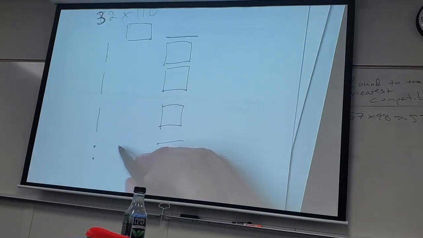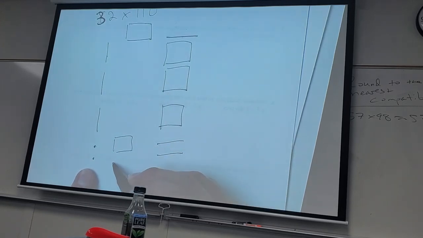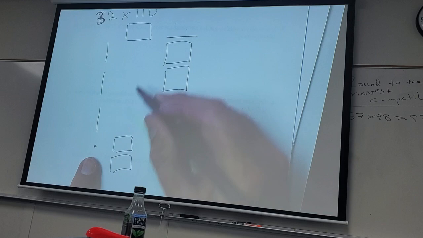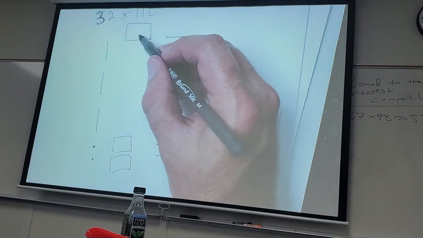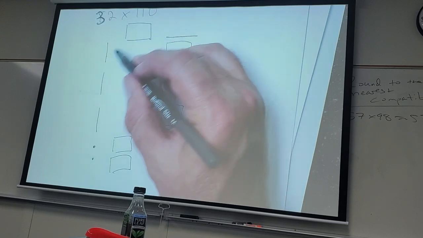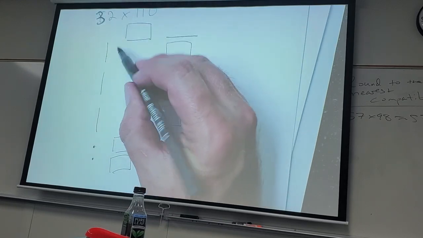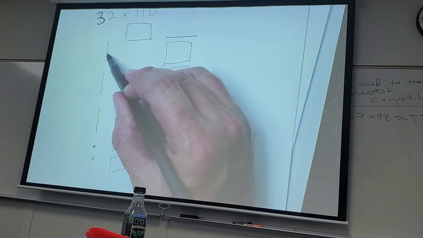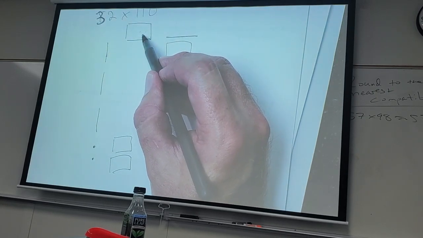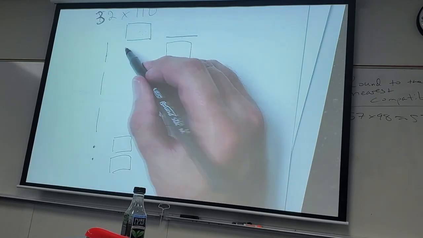I should have oriented this the other way, but that's okay. So this is gonna be like a full flat and a full flat, 1 times that. I've gone a little bit more than I wanted to, that's okay. This is gonna be like 10 of these. So this is gonna be cube,